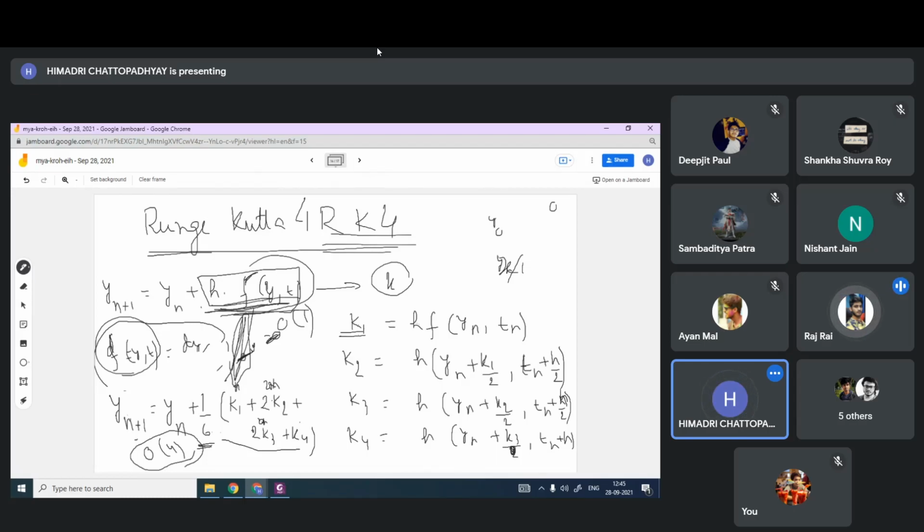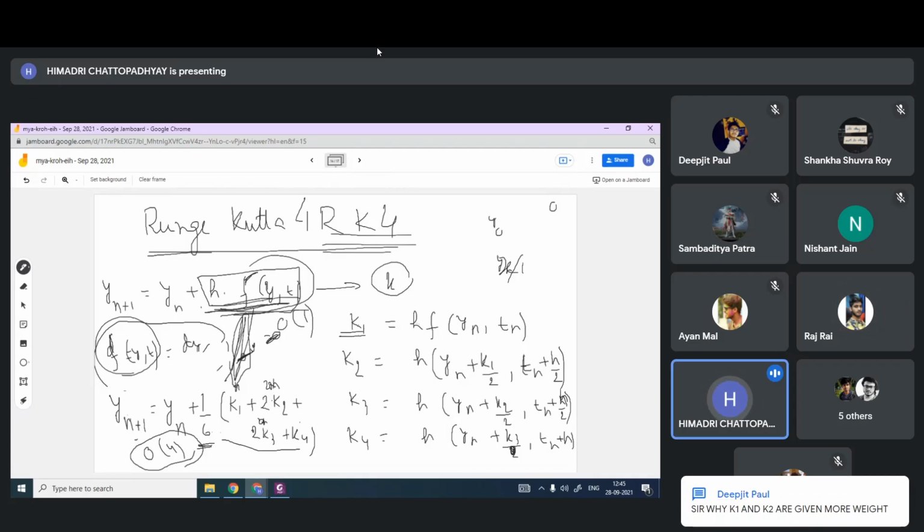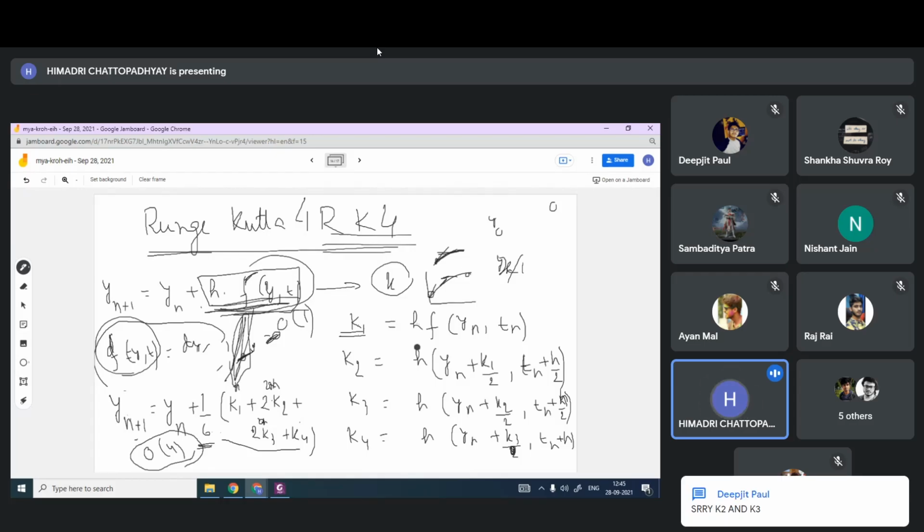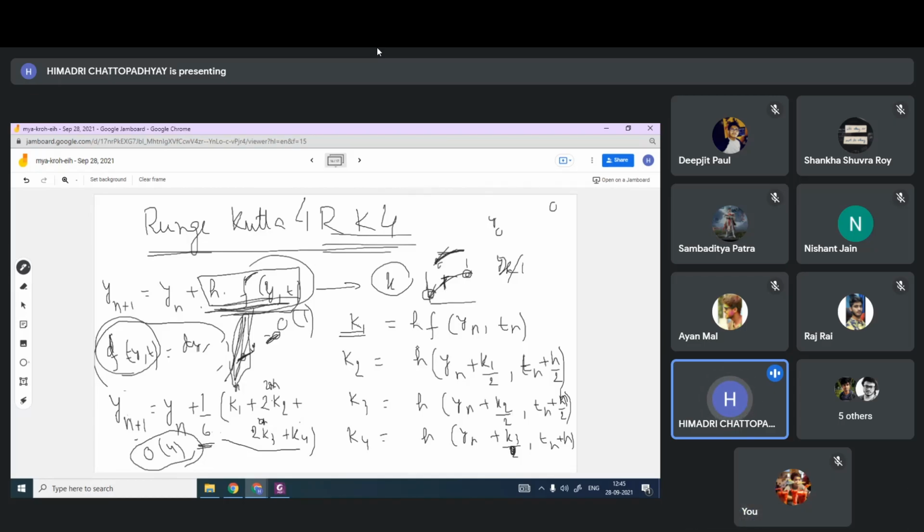Okay. So why are K2 and K3 given higher preference in the weighted average? That comes from error analysis. You cannot tell this directly or intuitively. You have a slope here, a slope there, and you give some weight. But if it is changing, one location is like this, one location is like this, and in the intermediate you have this thing. So this is one weight, this is one weight, and the intermediate, the way we are evaluating, is 2. There is not a direct physical explanation.